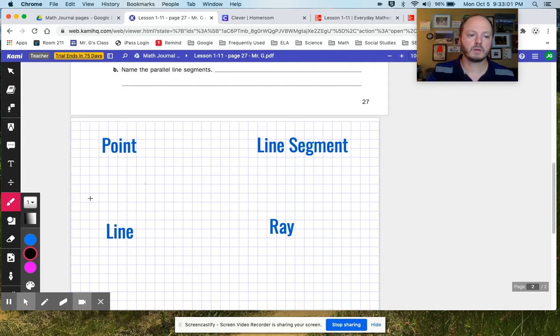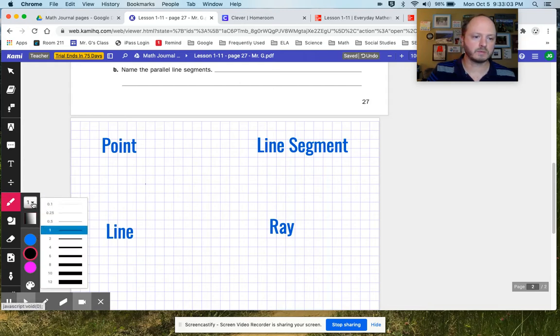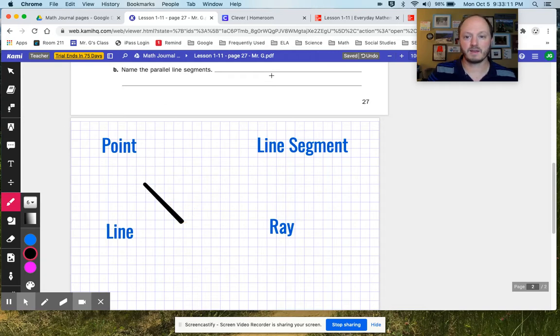But let's see if I can make it maybe a little thicker. Let's try that again. There we go. Yes, the grid paper is acting funny again. But anyway,